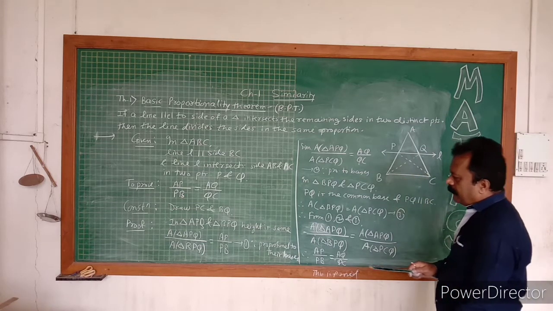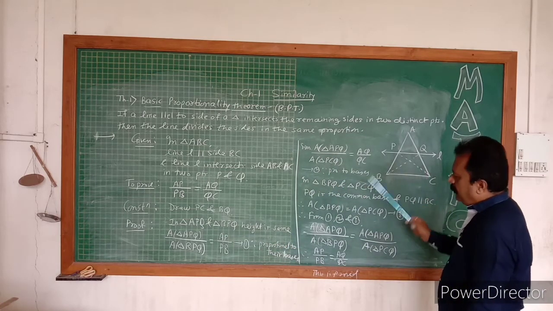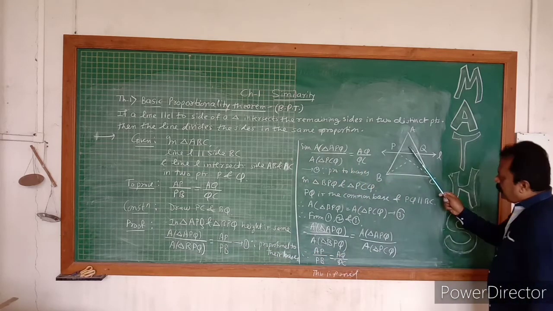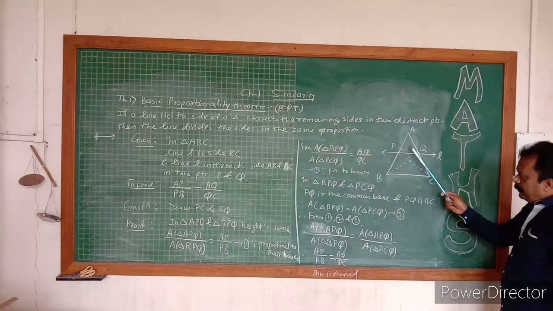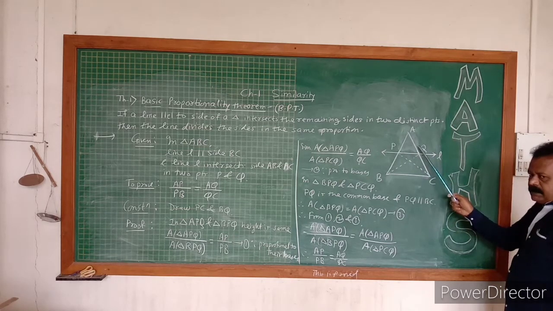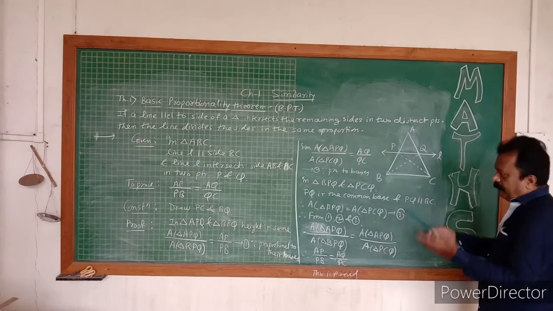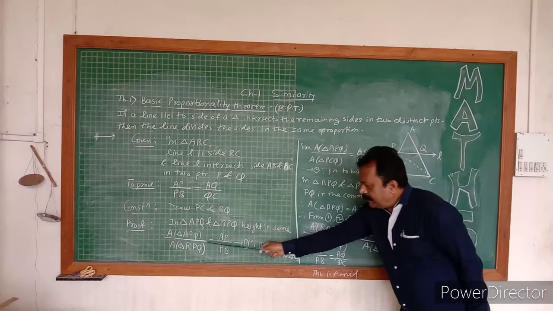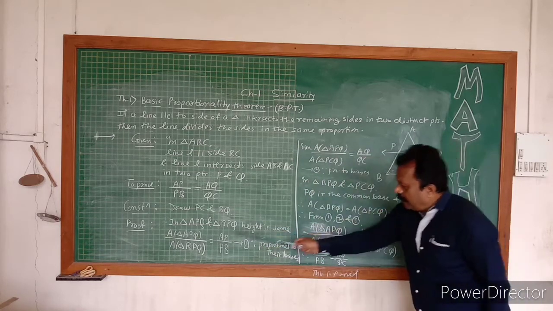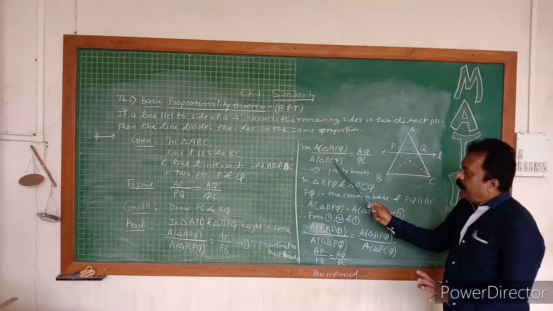How do we get these? In triangle APQ and triangle BPQ, the height is the same, so their ratio is proportional to their bases, as we have shown. Now triangle APQ divided by triangle PCQ is equal to AP upon QC, because the triangles have the same height, so proportional to their bases. This is what we got. Now left side is equal to left side: the numerator is the same but the denominator is different, so we have to show the denominators equal. Area of triangle BPQ is equal to area of triangle PCQ, you have to show.